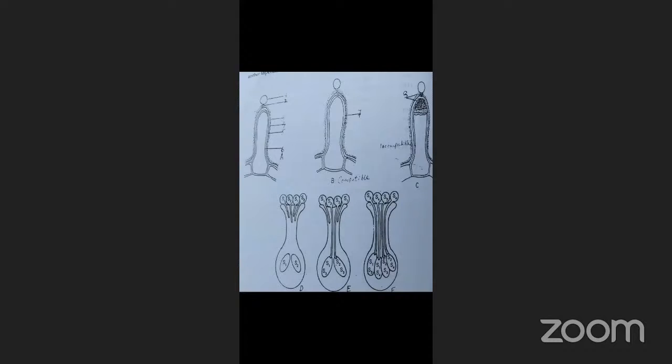So here, some incompatibility mechanisms are there. Incompatibility mechanisms means